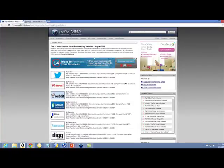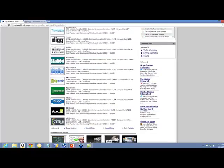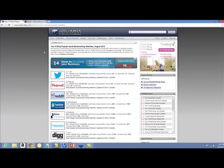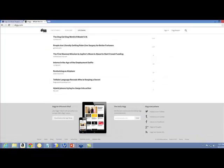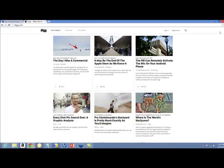Top 15 most popular social bookmarking websites, and then you could put the updated date. They tell you why these are the most popular sites. So this is a great idea. You could create an article on your blog. With the other sites, like web directories, I was telling you to only submit your main website, for example. But with social bookmarking, you can submit if you have an informative piece of content on any one of your websites,